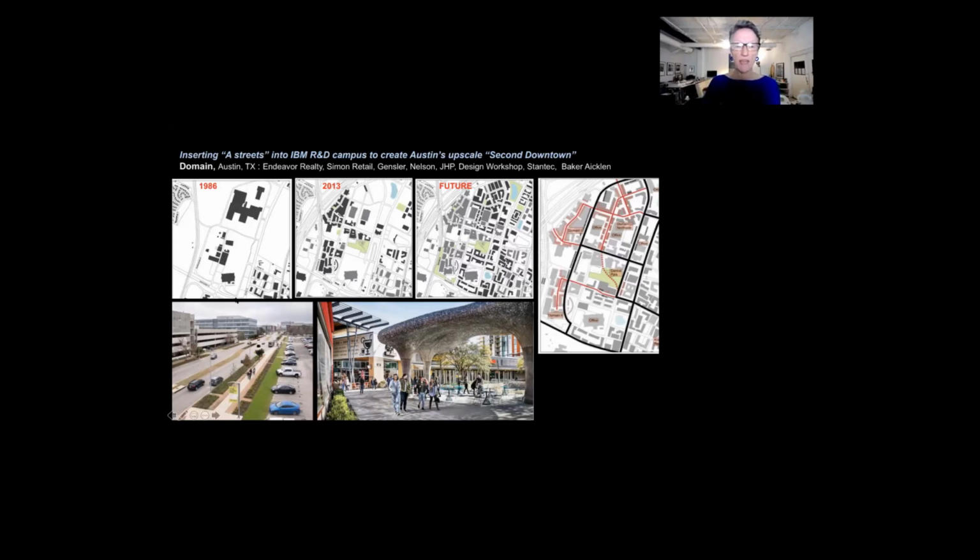So this was IBM, where IBM both designed and manufactured the Selectric typewriter. That was the high tech of its day in the 60s. This is about 12 miles northwest of downtown Austin. The first step was to build some walkable urbanism in this one little stretch, very high-end shops, nicely detailed streets and things. Then they started building more housing,